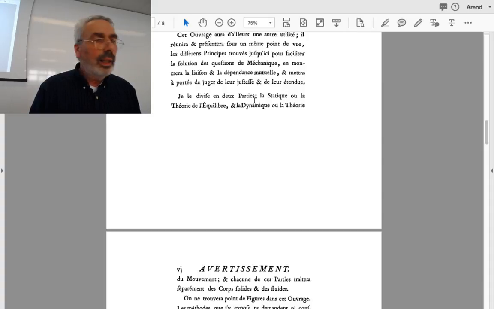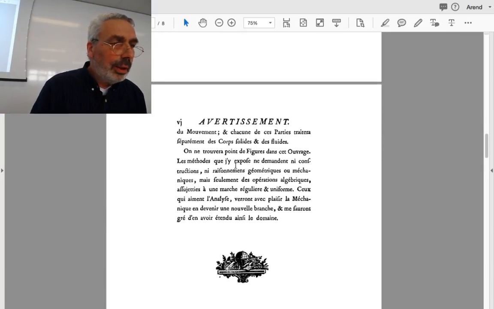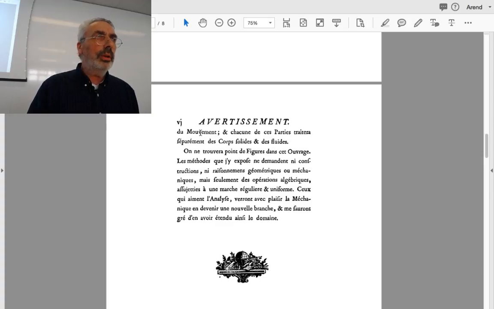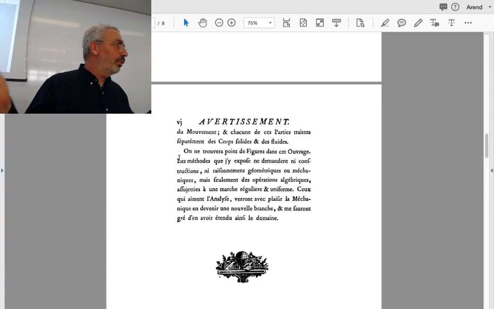La statique et la théorie de l'équilibre, so statics, et la dynamique ou la théorie du mouvement. Oh, statics and dynamics, right? French isn't so hard. And then also a little part on the corps solide and the fluide, so a little bit on rigid bodies and also fluids. But now comes the apotheosis of the advertisement, because he says, and this is an important part,